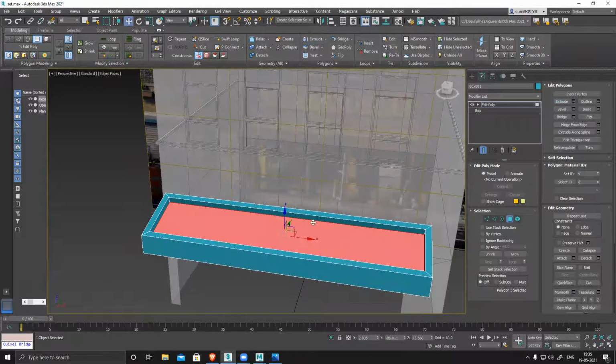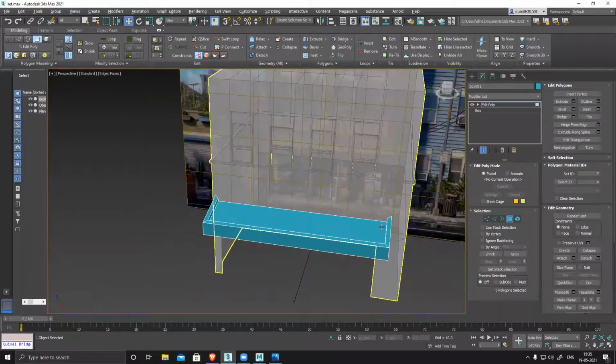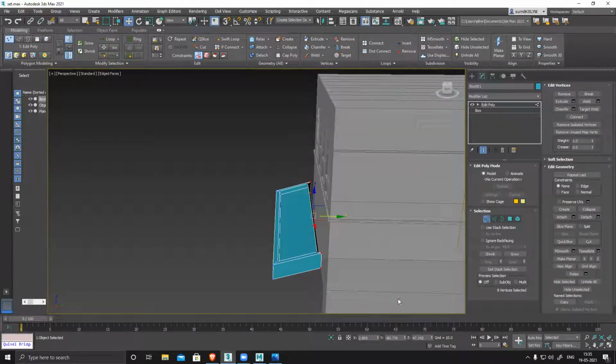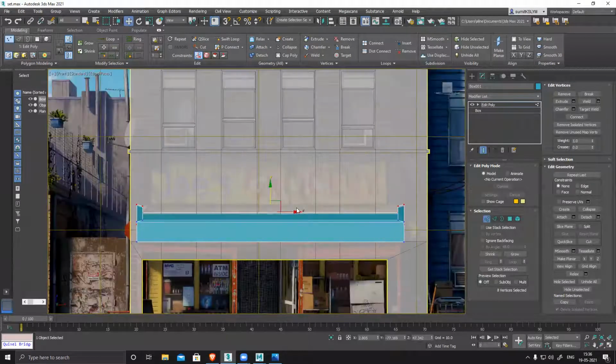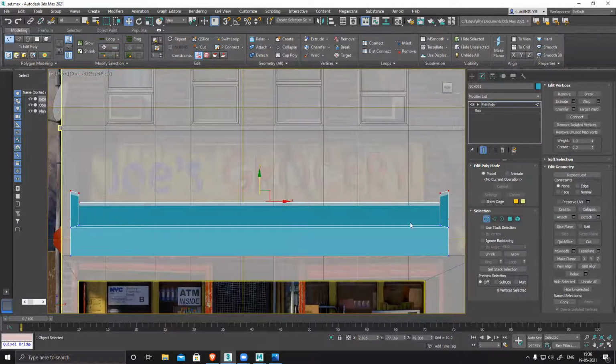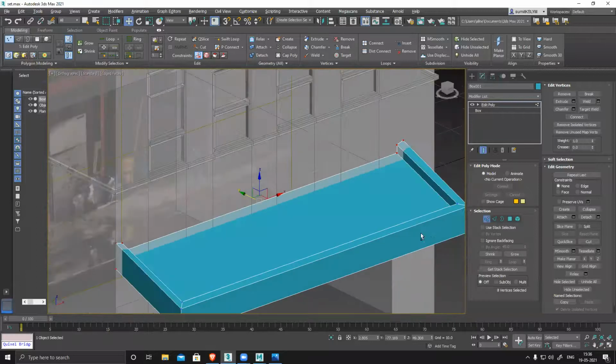So what I'll do is delete this, select them, perfectly straight, and push it back slightly inside. Front view again and move it. Those sections have to be kept in check. If it's inside, then it's fine.